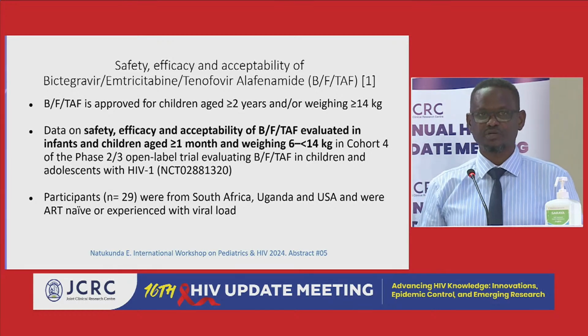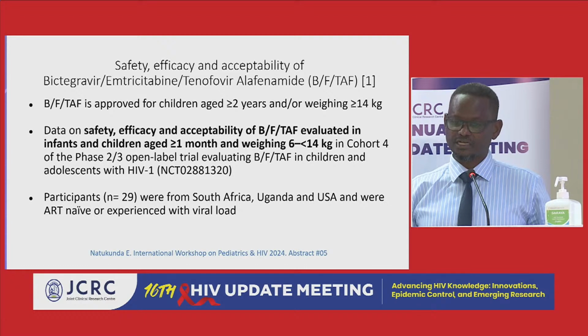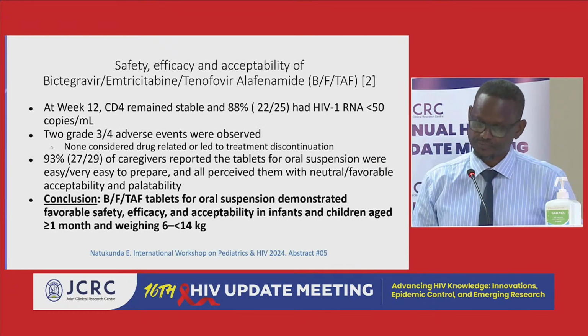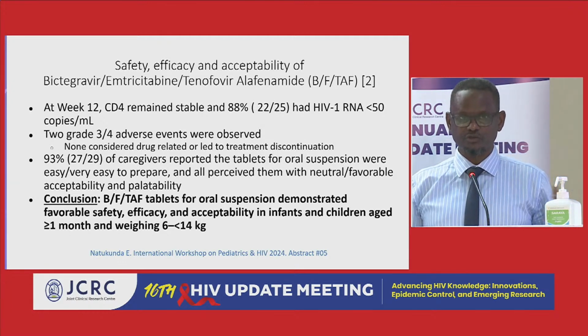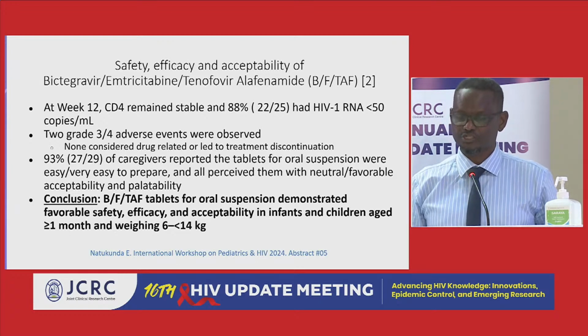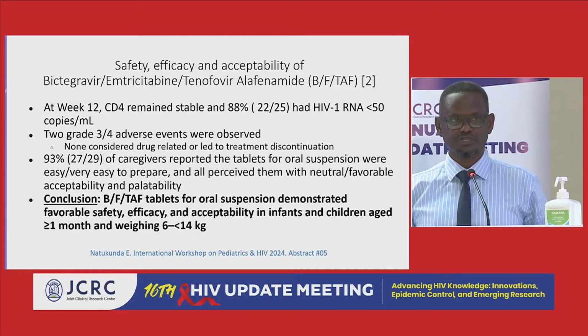There were 29 participants involved, recruited from South Africa, Uganda, and USA. Some were ART naive and others were experienced, and many of them had a viral load of over 50 copies per mil. At week 12, when they evaluated, the CD4 remained stable, and 88%, that is 22 out of the 25 children that had the assessment, had a viral load of less than 50 copies per mil, meaning that they responded well